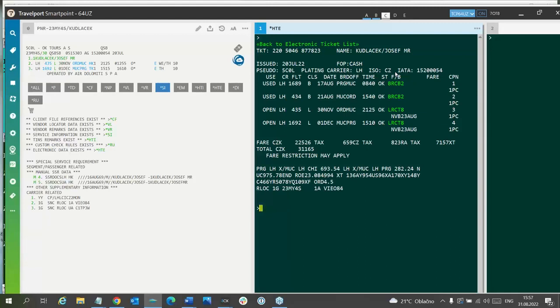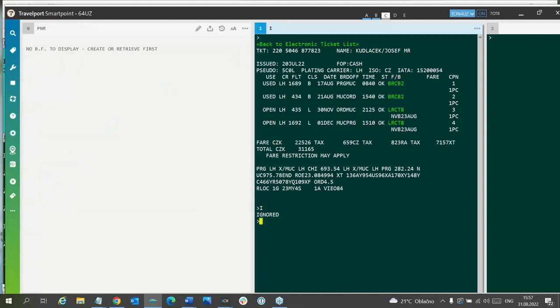So when you receive no valid fare or something like that, always check the history if all flown coupons are there. It is only in case of partly used tickets, of course. So it was only such an explanation, and now I will show you another case.